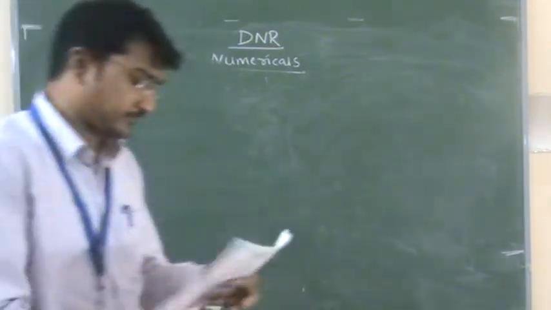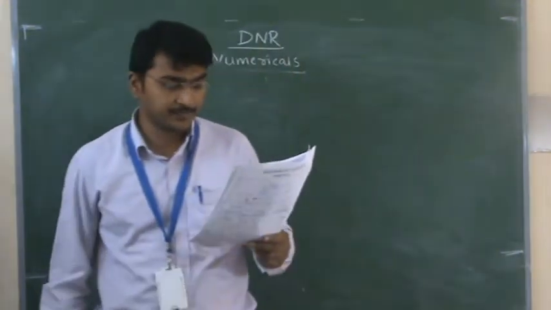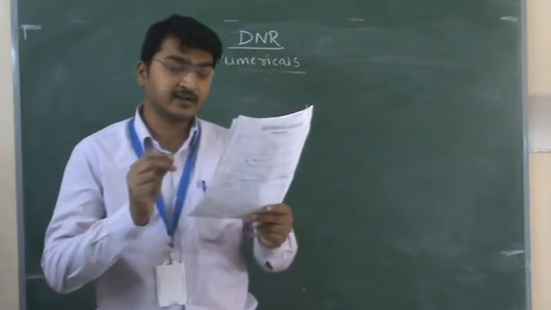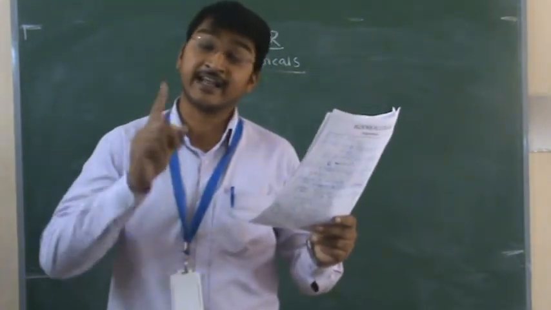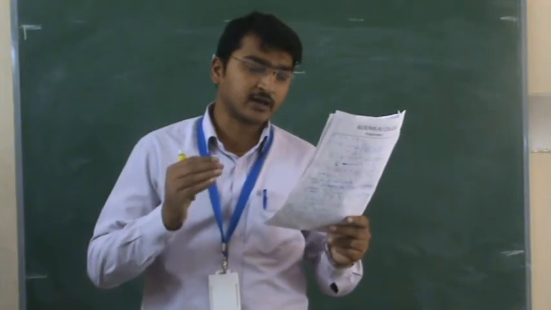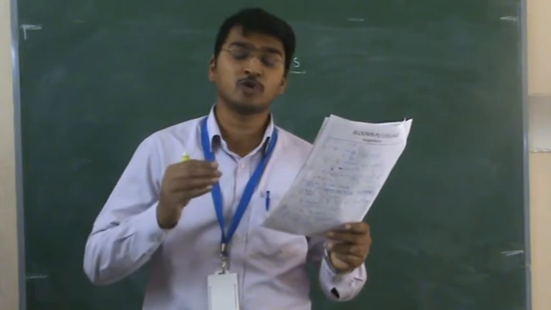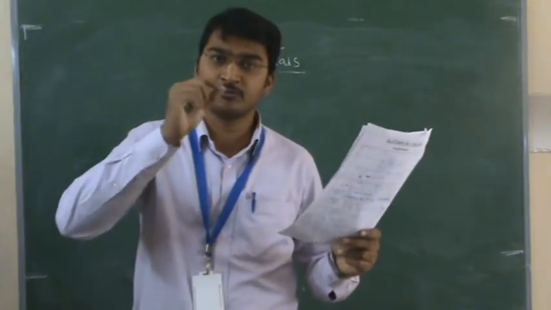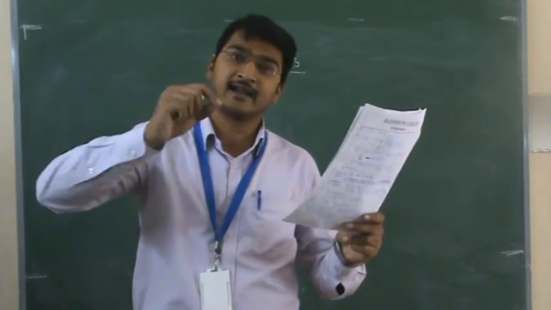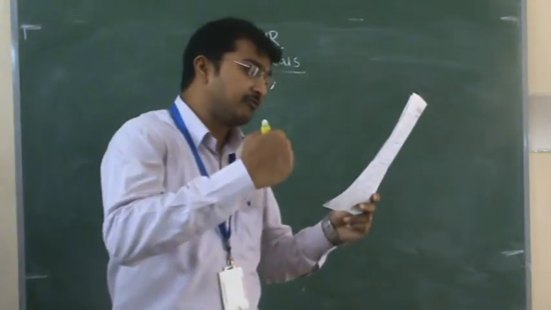Let's see. So the fifth question. Yeah. So the fifth question here is given. Light of wavelength 488 nanometer is produced by an argon laser which is used in photoelectric effect. I have written in short form PEE. It's a photoelectric effect. Okay, that is the incident light wavelength given.